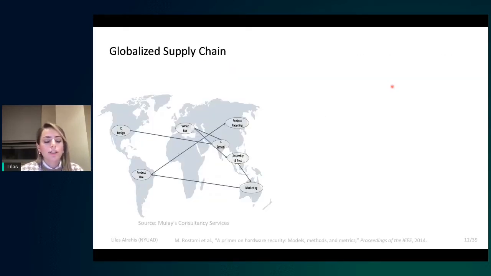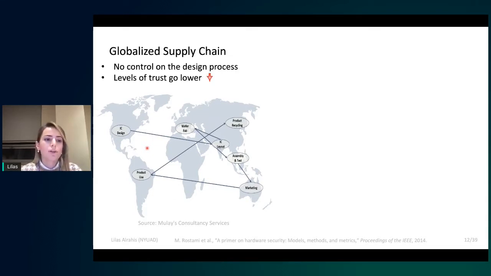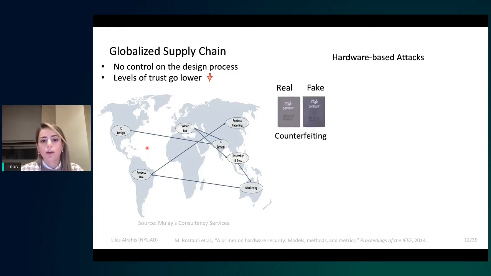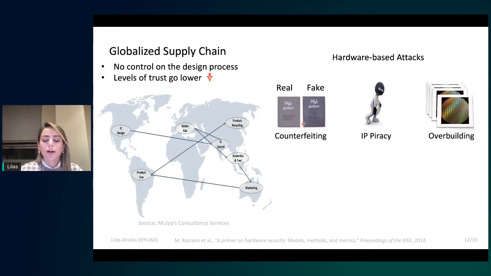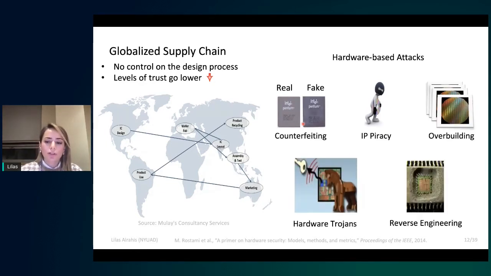Now, the concern is that the companies that perform fabrication, testing, and so on are located across the globe, as you can see here. So there's no control on the design process, and the levels of trust go lower as the design goes down the supply chain. And several hardware-based attacks exist in this globalized supply chain, which include counterfeiting, IP piracy, overbuilding, hardware Trojan insertion, and